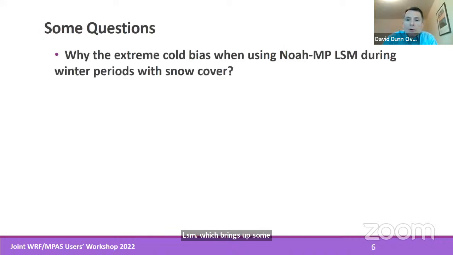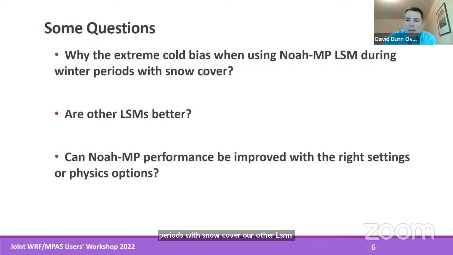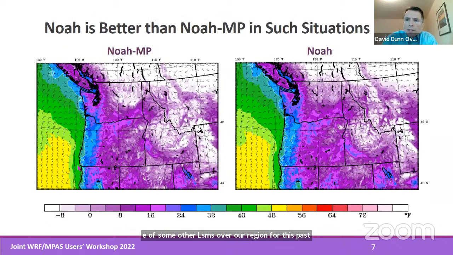Why is there an extreme cold bias when using the NOAA MP LSM during winter periods with snow cover? Are other LSMs better? Can NOAA MP performance be improved with the right settings or physics options? Though we don't have time in this talk to address all of these questions, we will focus on this last one, and at least we'll explore the performance of some other LSMs over our region for this past December and January. First, looking at this 28 December case,